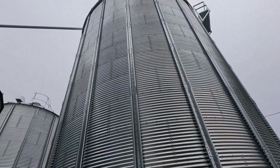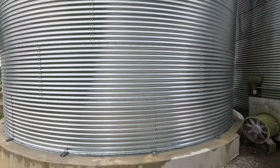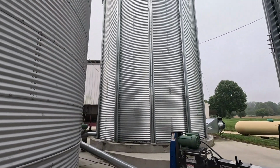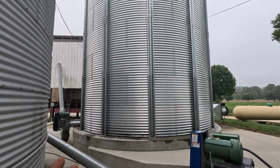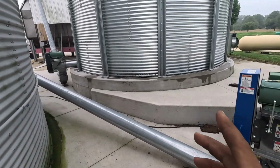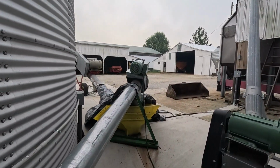It sure helps having a place to store all your grain. We still have to truck some out too, but at least we can keep some on site. We haven't had to use that wet bin for corn storage. We might have to, but with a drying floor, you have to clean it out all the time because wet corn loves to mold. So we've since then left this here permanently. This is what our intentions were of letting this permanent, and then the other auger there can be wheeled up and out of the way